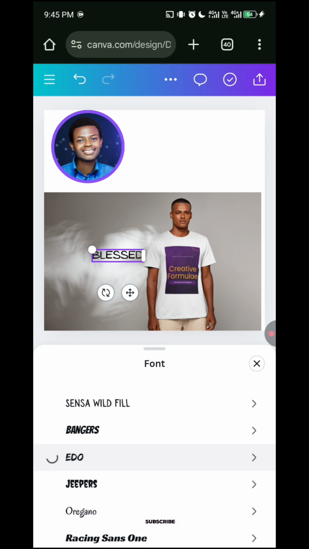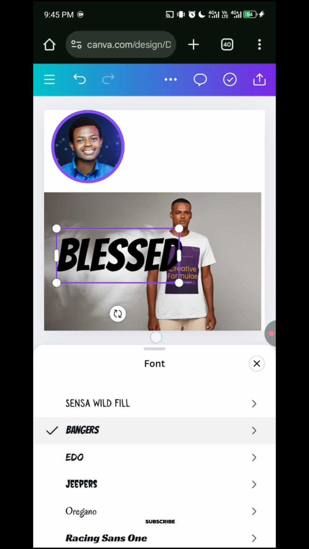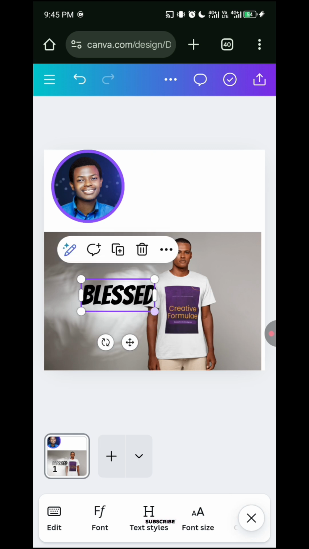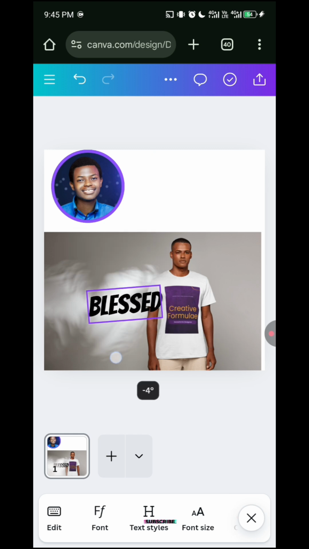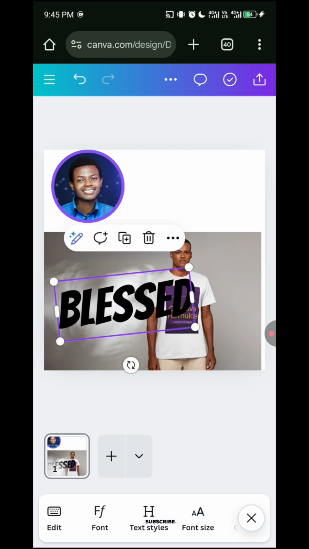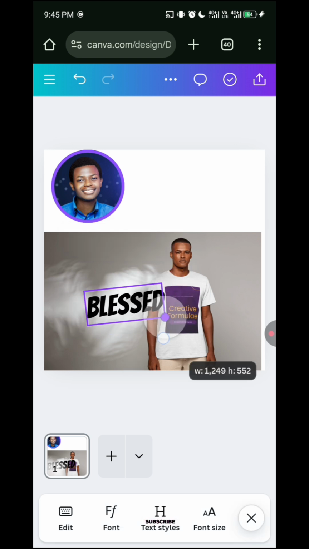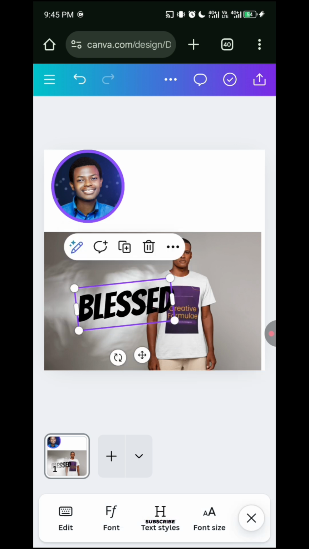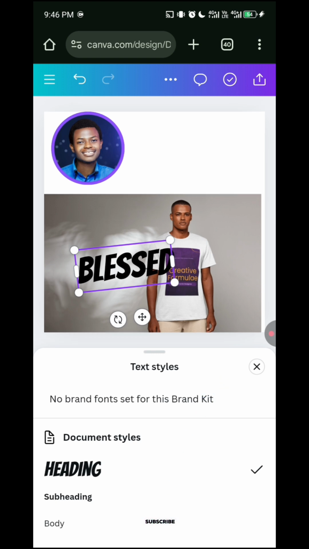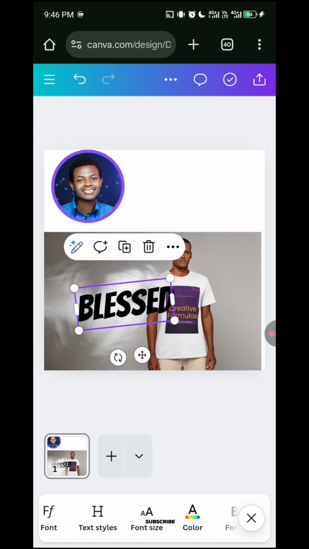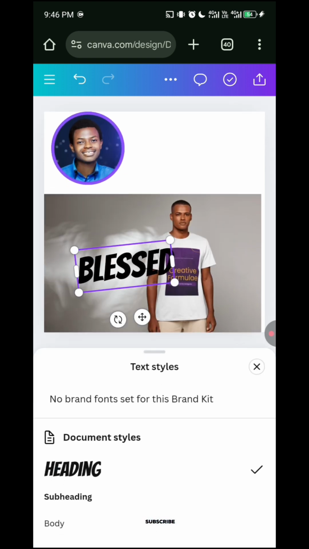I used to use this one, and this one bangers. So you can use any of these, and you can change the style. This one has a style, but this one does not have much style. This font, if it's Montserrat, we have Montserrat bold, Montserrat extra bold,